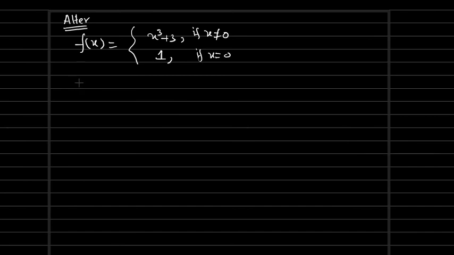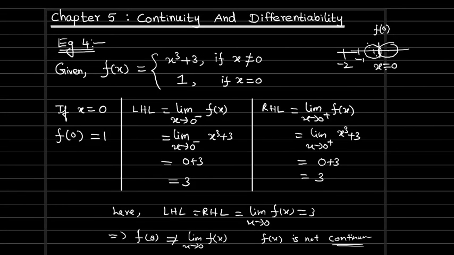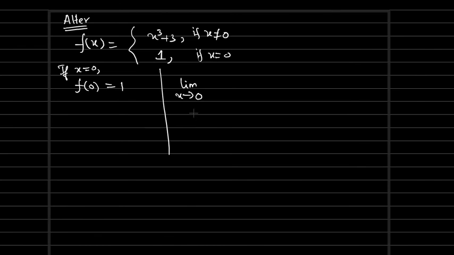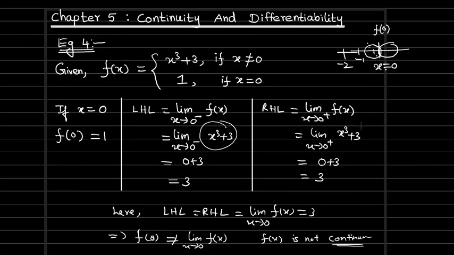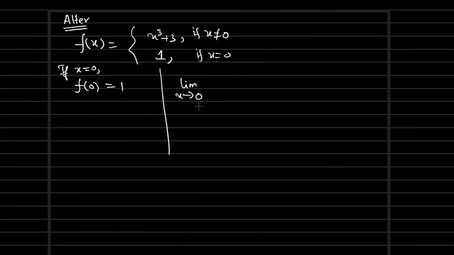So what do we test first? When x is exactly 0. If x is exactly 0, f of 0 is what? 1. Since for the left hand limit and right hand limit we are going to use the same function, together itself we can find out. Limit x is approaching 0. See, here I am not using any symbol to represent the left hand limit or right hand limit. When we don't put any symbol, it means both are included. Instead of finding separately, when the left hand limit and right hand limit take the same function, in that case we can do it in this way itself.